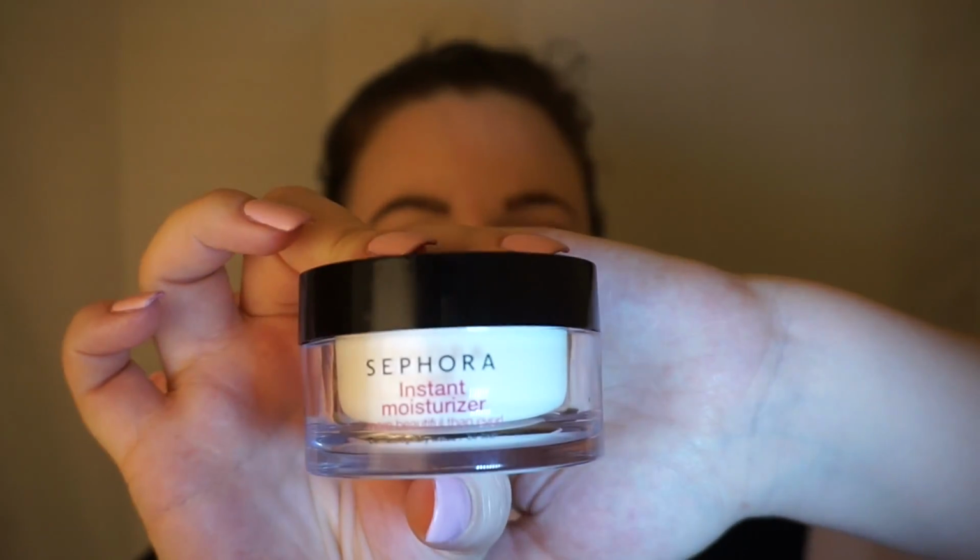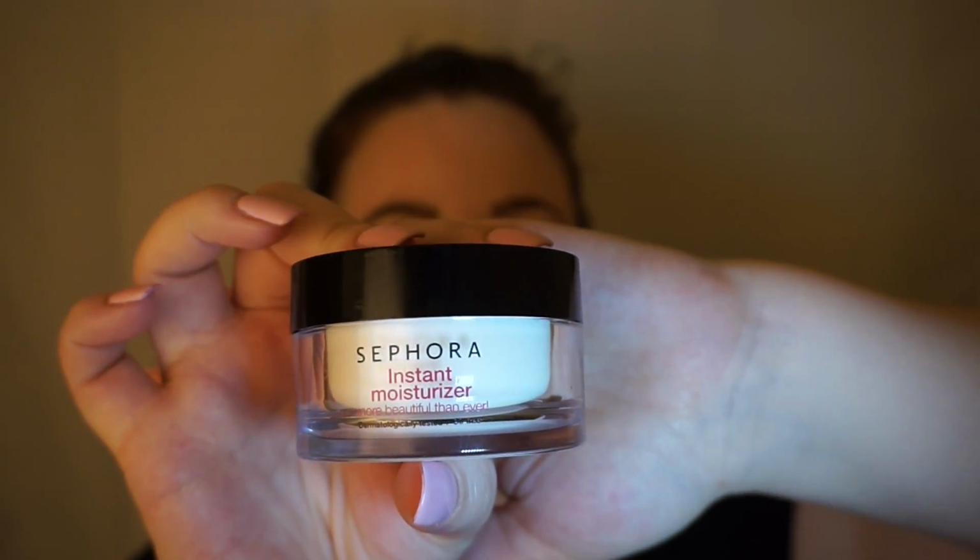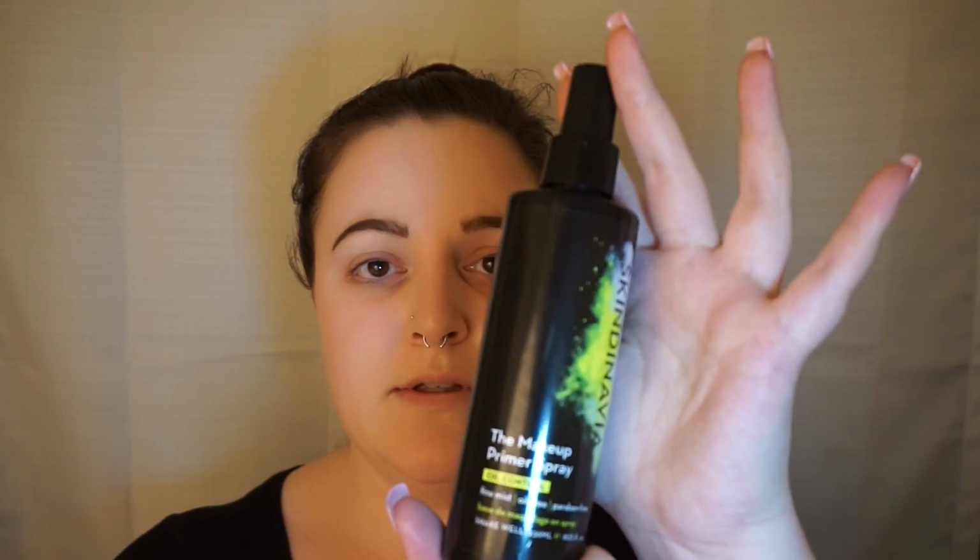I don't know if this will focus. There we go. And I think this is $23 and you get 50 milliliters, so I think it's a good deal and it doesn't cause me any irritation. Then let that soak in for 10 to 15 minutes, and then for a primer, I like to use the